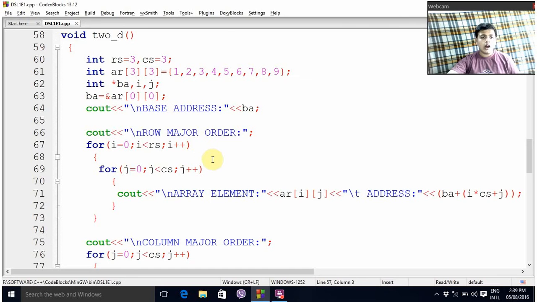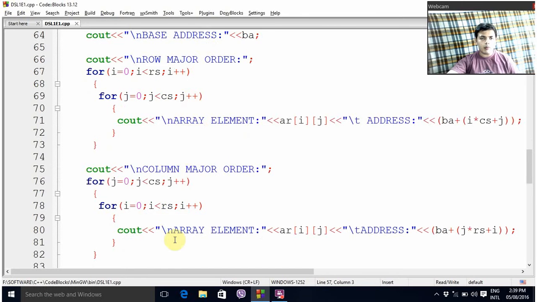Then I have used 2 formulas here, one for row major order and one for column major order. This loop is used to shift rows, and this loop is used to shift columns. Here the formula is base address plus I into column size plus j, where I and j are the index values of rows and columns respectively.